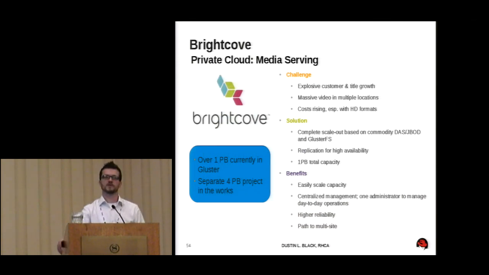So Brightcove is another interesting scenario. They're doing something pretty similar to what you see with Gluster, but with files that are significantly larger and a very significant pace of growth.